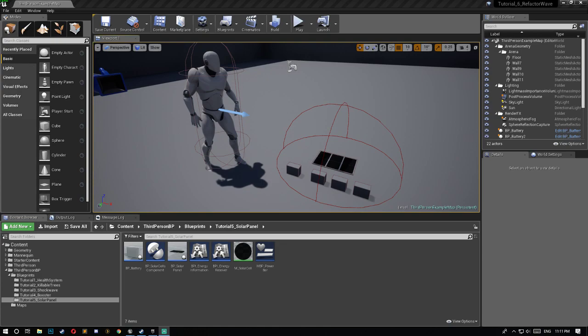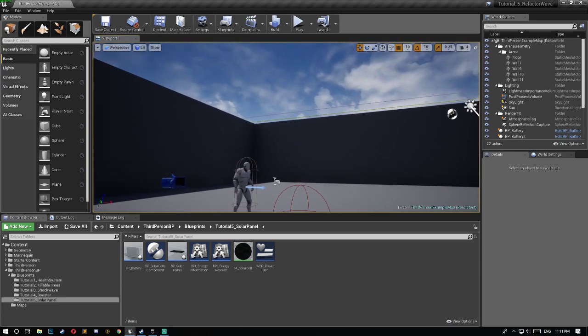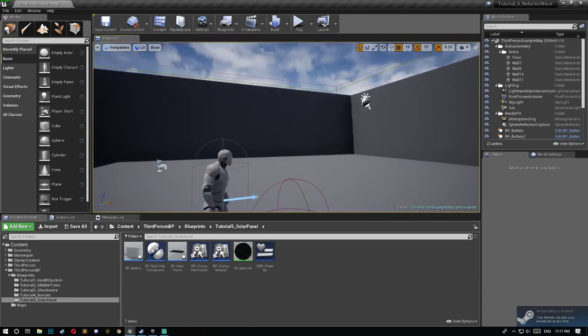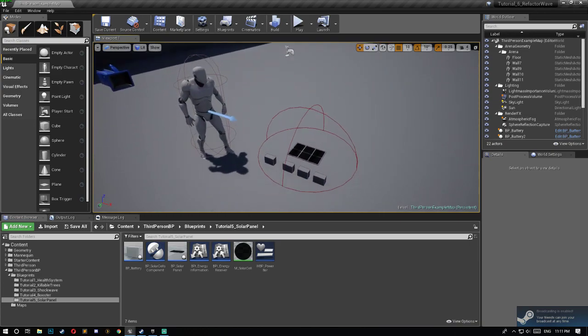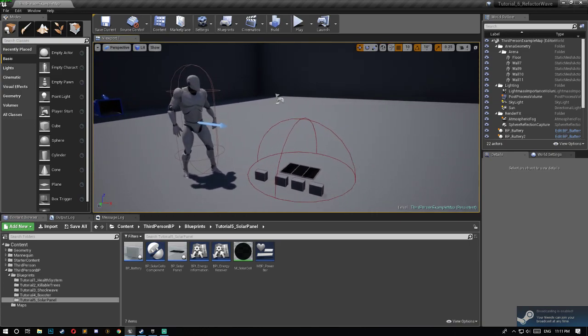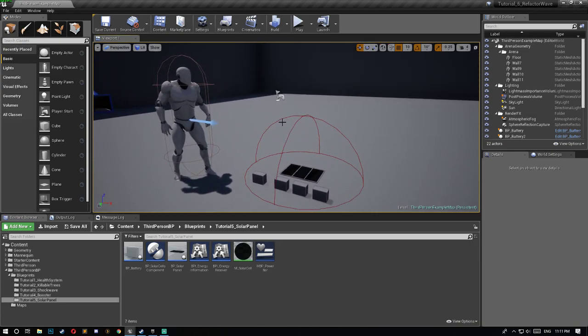This time I want to do some refactoring. I also want to make the sun move to have a day-night cycle kind of thing. But fundamentally, this tutorial is going to be about refactoring. The thing I want to achieve in this tutorial is to have something like what I'm going to show you now,